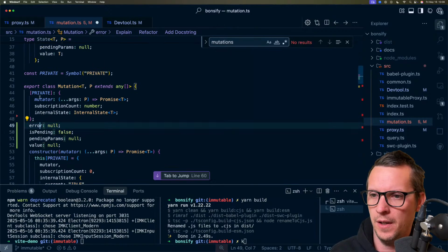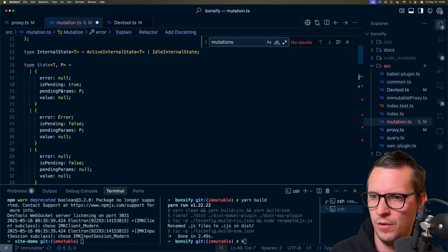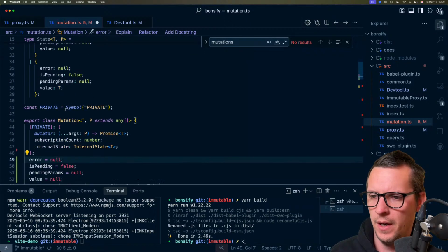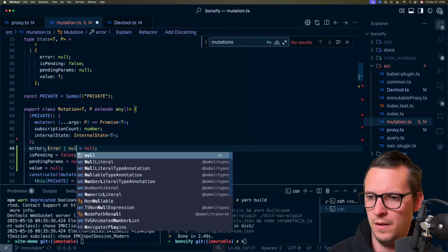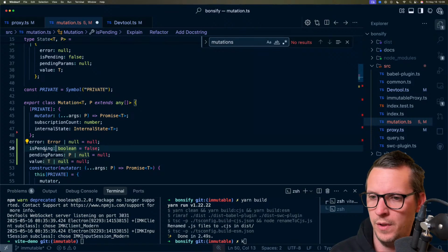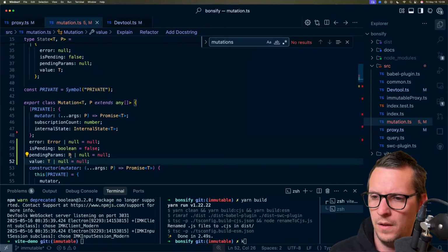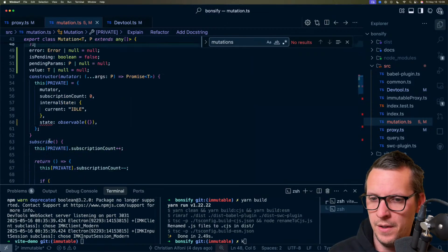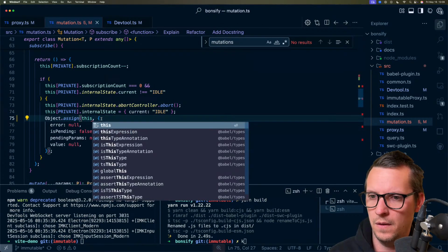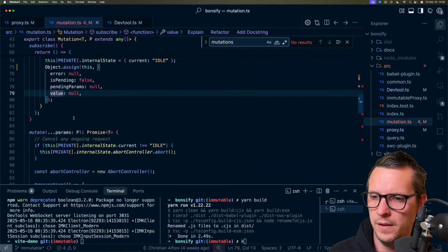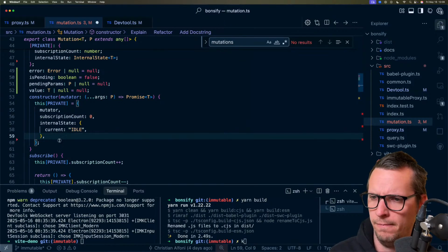Okay, so this is not the correct. Oh. So this is the actual thing. So error can be null. Error or null. Is pending can of course be Boolean. Oh yeah, look at you. Yeah, but now there's a problem with, so we just assign this. That's cool. Yeah, as I said, the problem is the